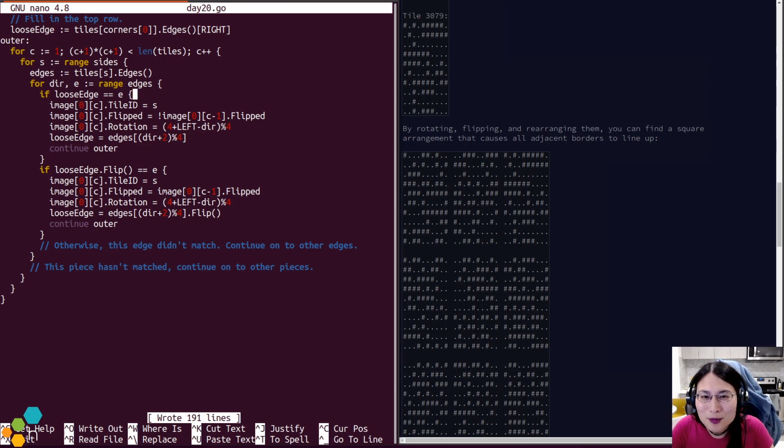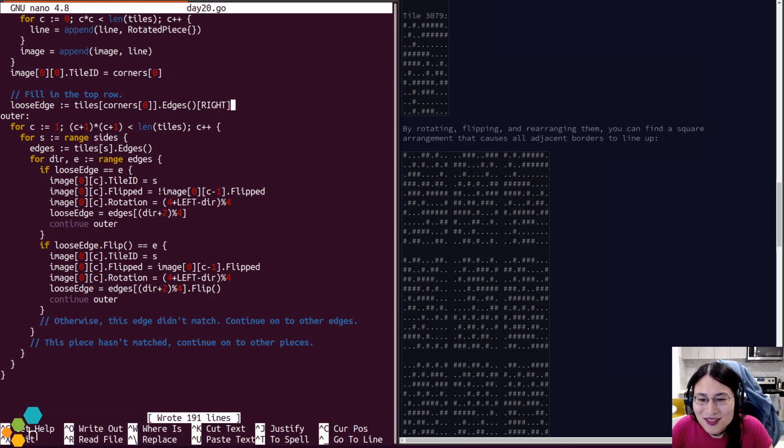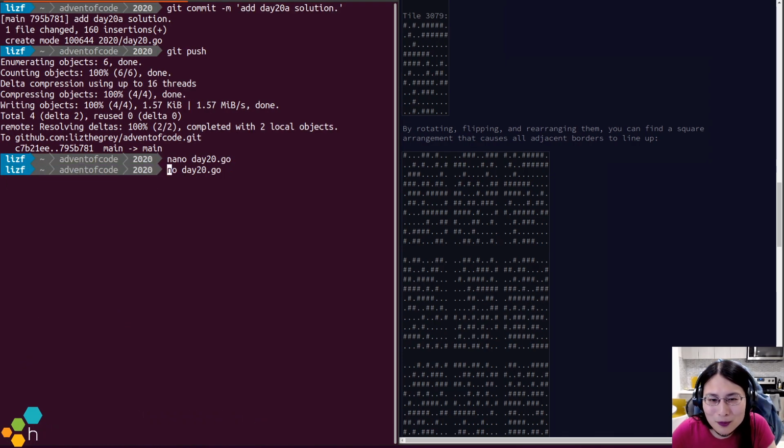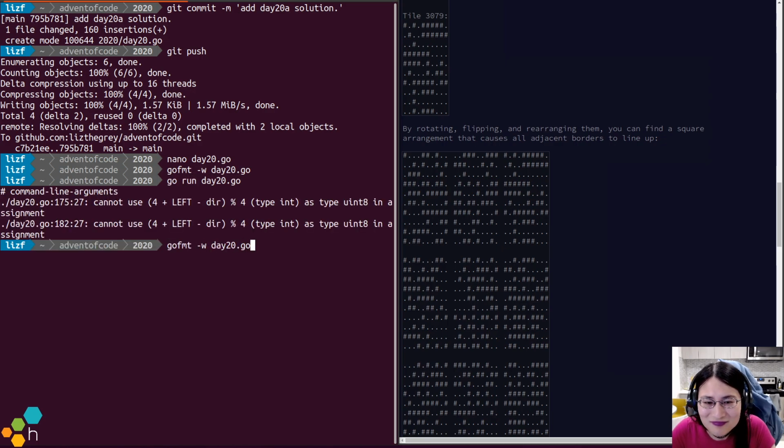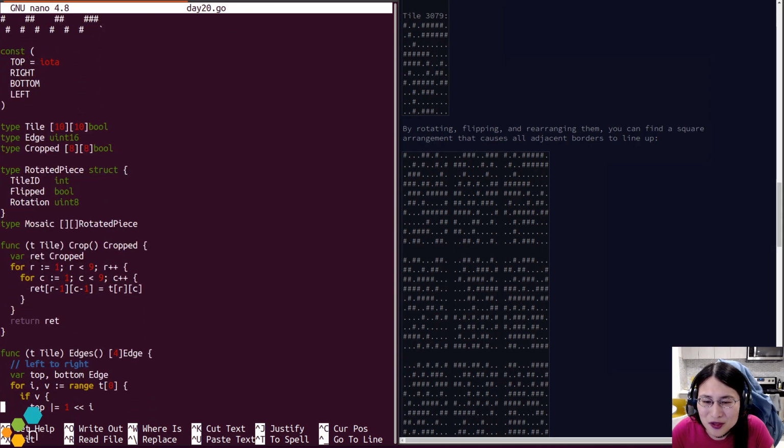This is pretty terrible. I do not like this one bit. Let's just see whether this even compiles. Okay. Don't care about this.